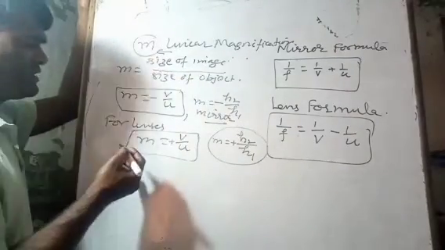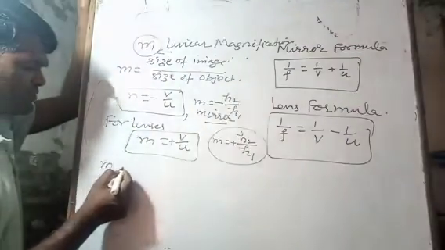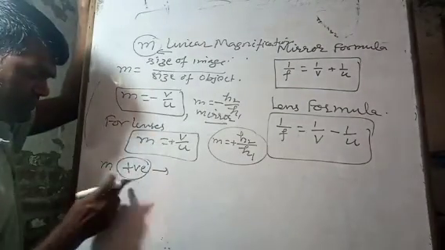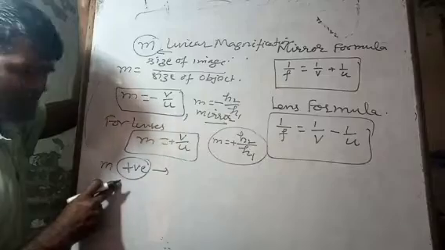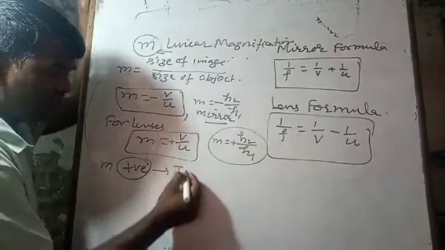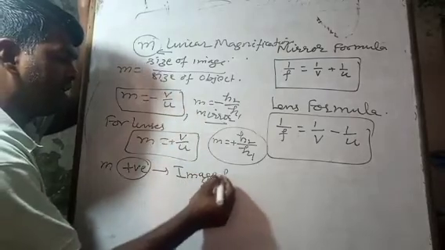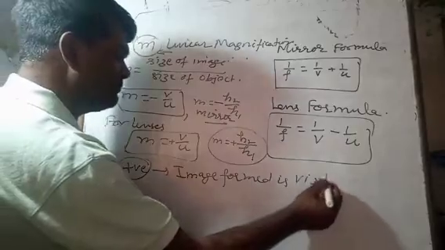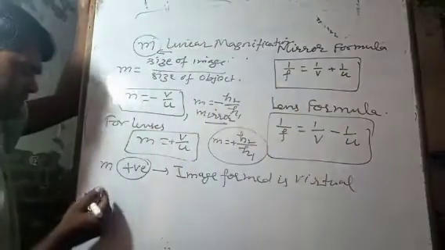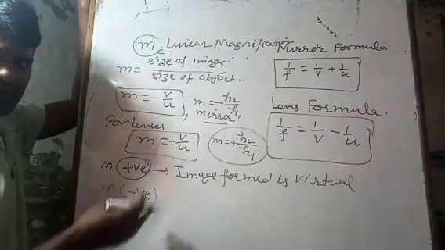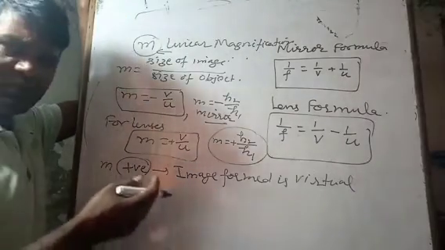So one more conclusion: if after solving a numerical m is positive, it only suggests that the image formed is virtual. If m is negative, either for mirrors or for lenses,